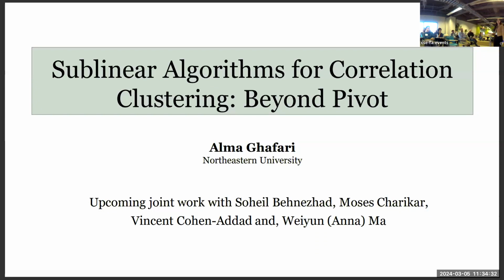This talk is going to be about sublinear algorithms for correlation clustering. As Google motivated this morning, we are going to explore local searches and local changes in the pivot algorithm, which you may know is a combinatorial result that gets a constant approximation for correlation clustering. We are going to explore beyond that. This is an upcoming joint work with my advisor Soheil, Moses, Vincent, and